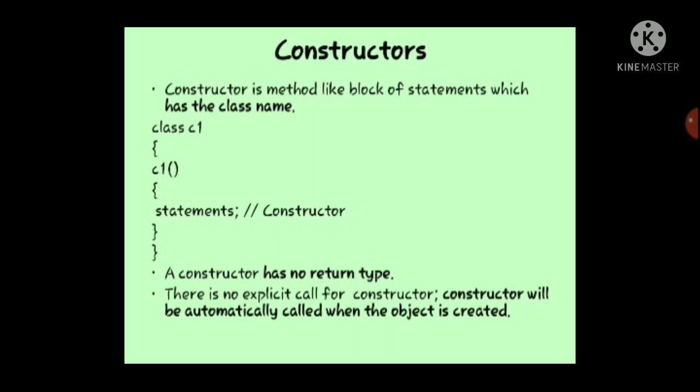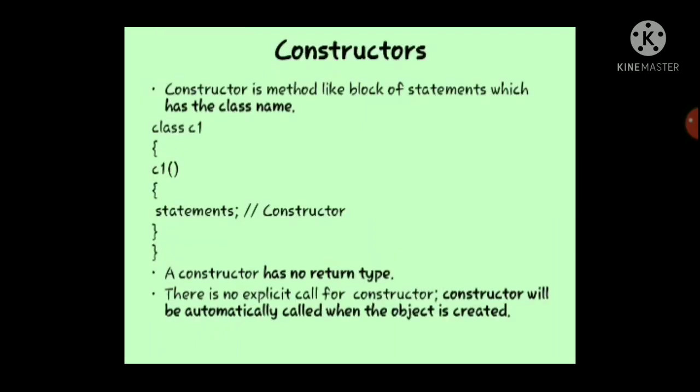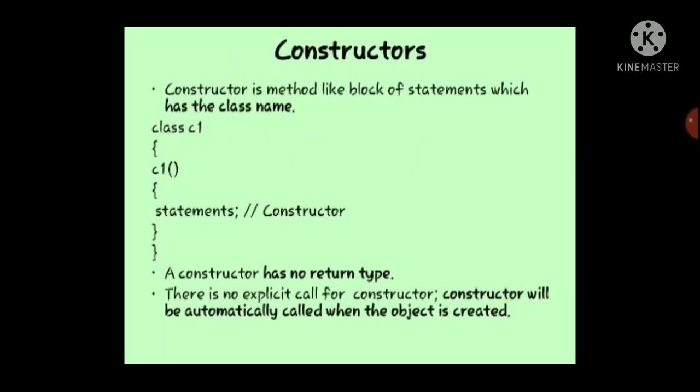Then the third thing to be kept in mind is the constructor won't be called explicitly. Whenever a method is going to be executed, it will be invoked by the object of the class, but constructors won't be invoked like that. The method is called, right? obj1.meth1, we do that. Whenever we do that, the object will invoke the method, but constructors won't be called like that. So how can the constructor be called, how will it be executed?